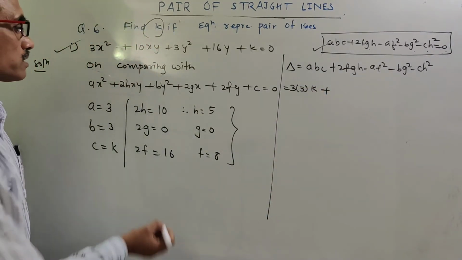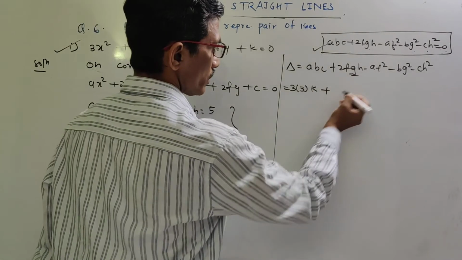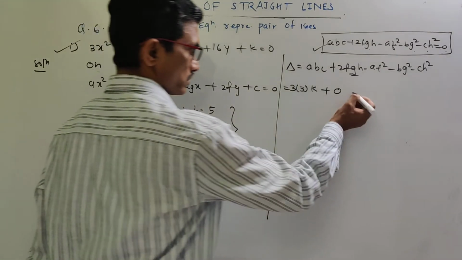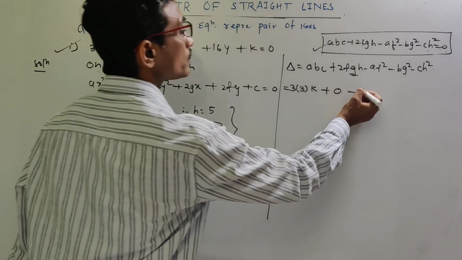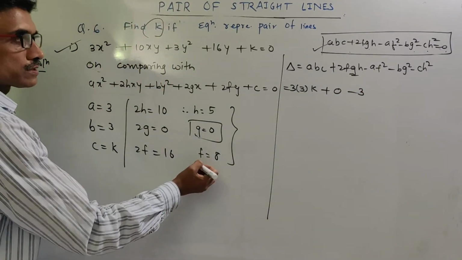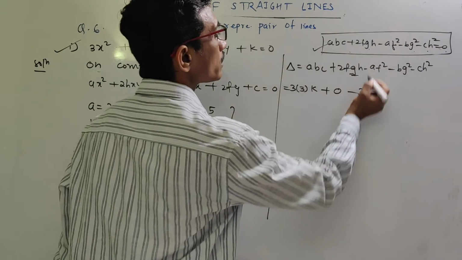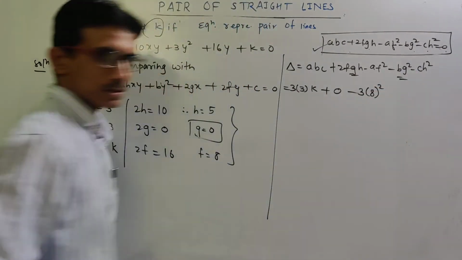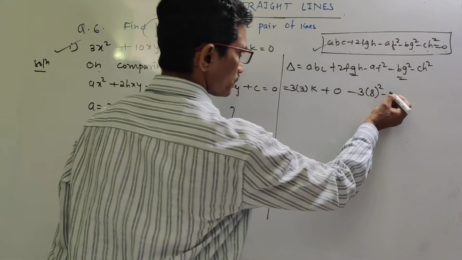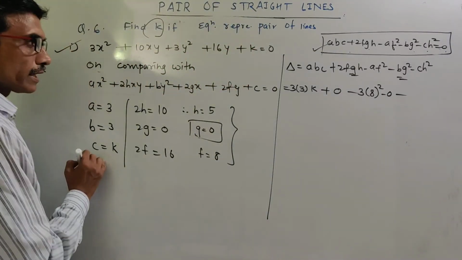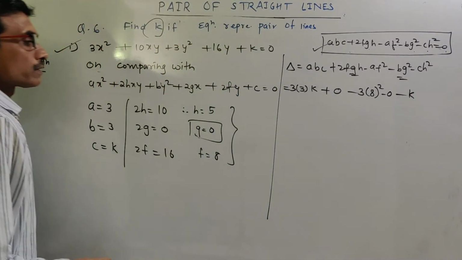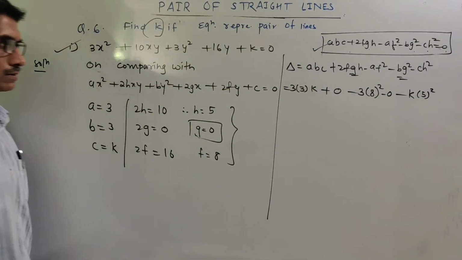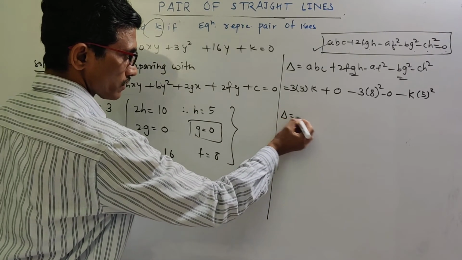plus, as g is equal to 0, the second term reduces to 0 because there is g. Then minus a, which is 3, into f square, so f is 8, so it will be 64, 8 square. Then again, here there is g, so it will reduce to 0. Then minus c, which is k, into h square, that is 5 square. So that it is 9k, so delta is equal to 9k,